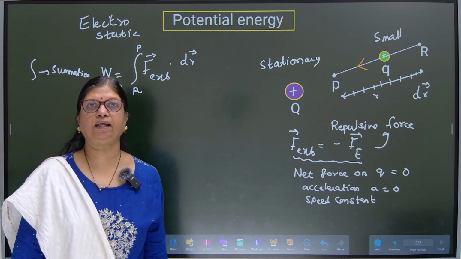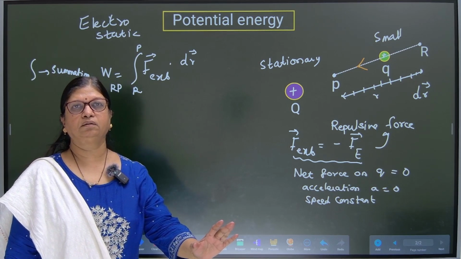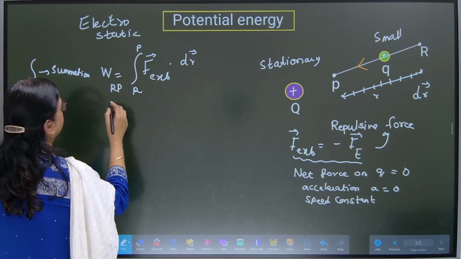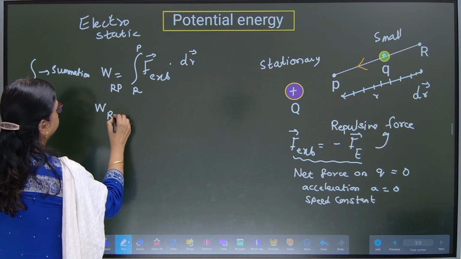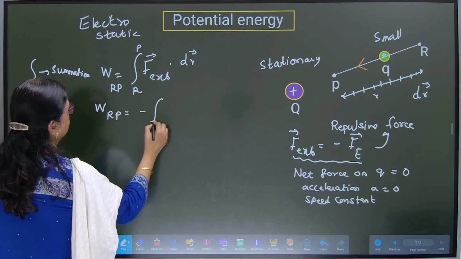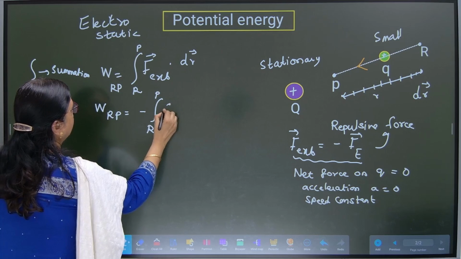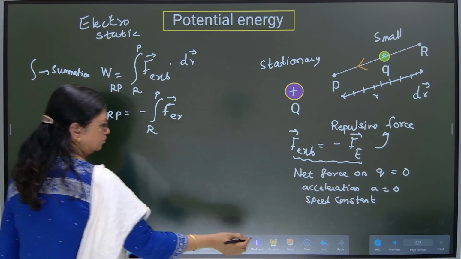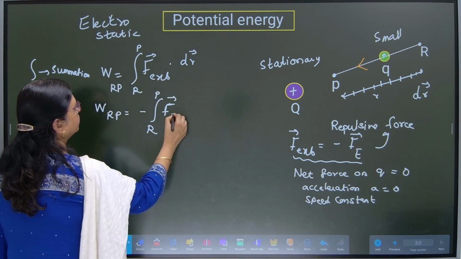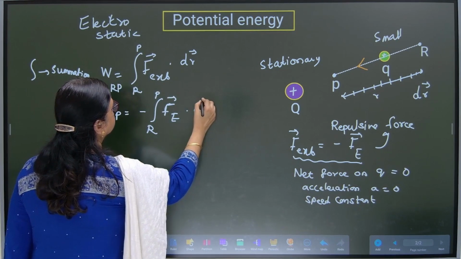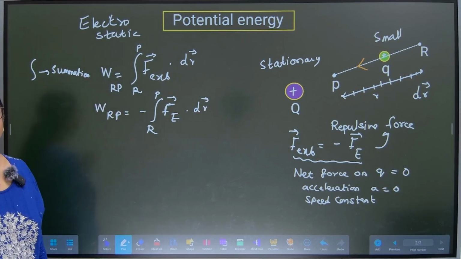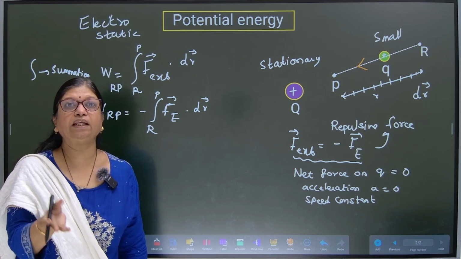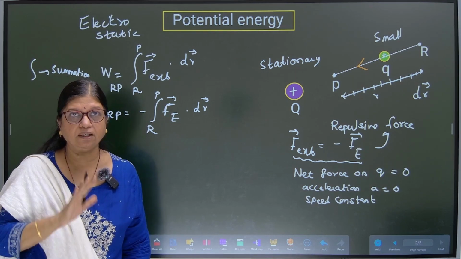The integration indicates the work done, addition from R to P. Fine. Just now we have seen F external is equal to negative Fe. So I will just write that down: negative integral from R to P of F external, Fe dr. Okay. So this shows us that the work done will be stored in the form of potential energy in